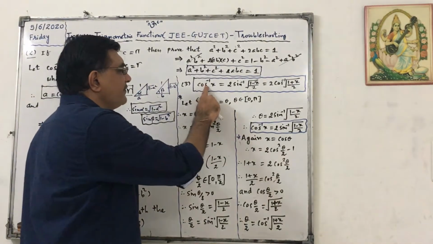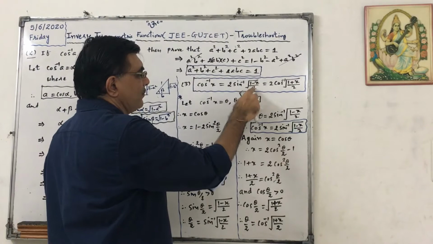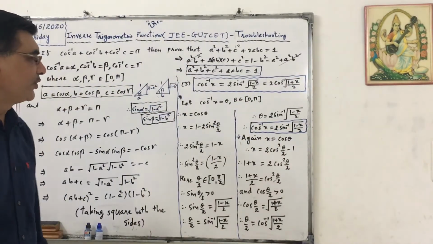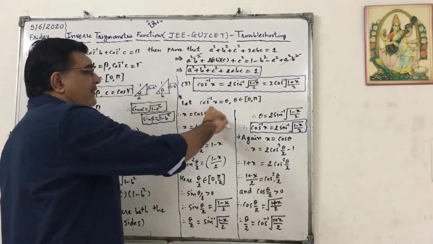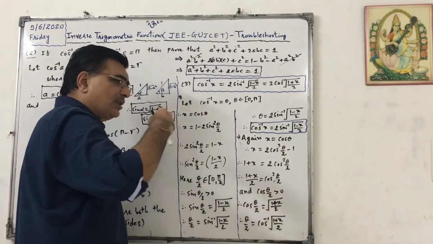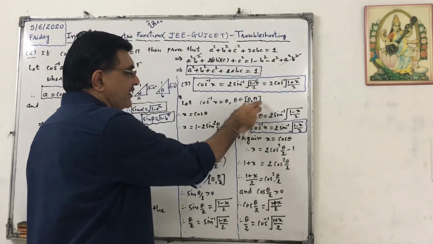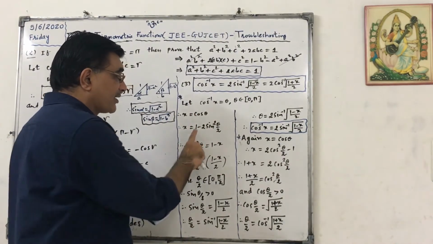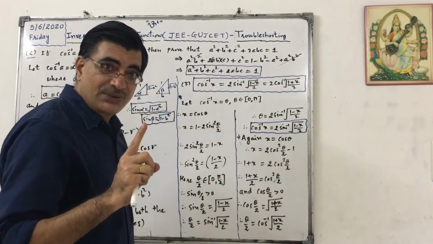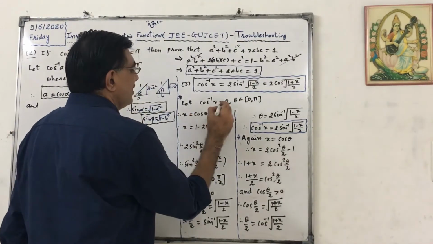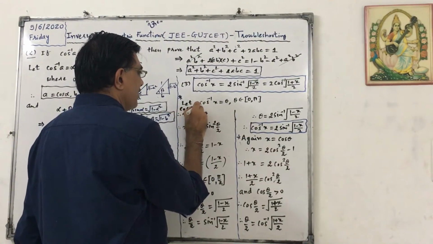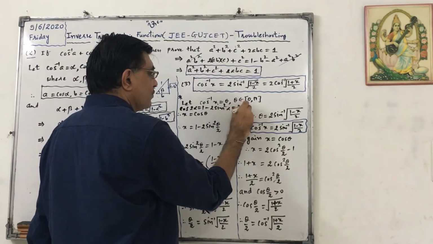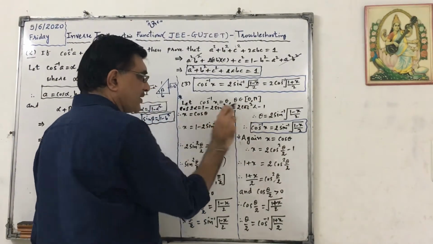We have to prove cos inverse x equals 2 sin inverse of square root of (1 minus x) by 2, equals 2 cos inverse of square root of (1 plus x) by 2. Okay? Let us assume that cos inverse x equals theta, where theta belongs to the range of cos inverse, that is the closed interval 0 to pi. So x will be equal to cos theta, but we know that cos theta can be written as 1 minus 2 sin square theta by 2, because cos 2 alpha equals 1 minus 2 sin square alpha, which also equals 2 cos square alpha minus 1.